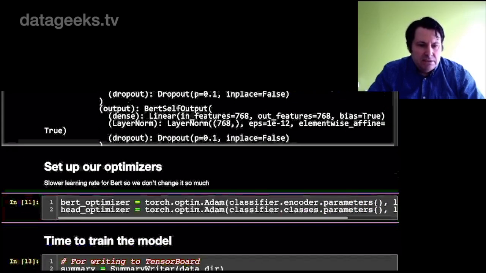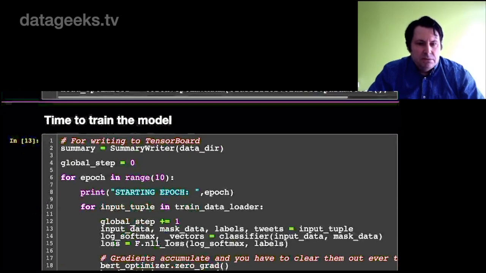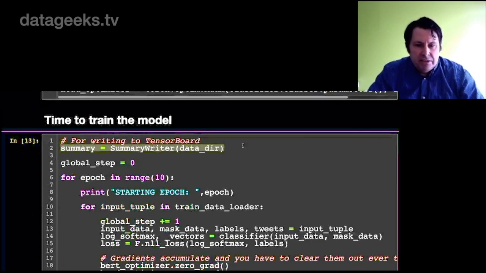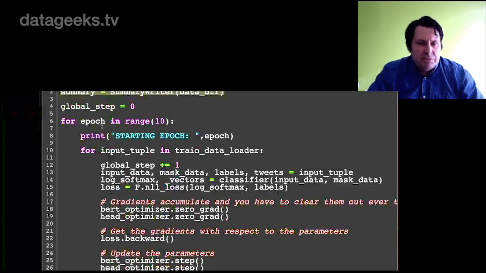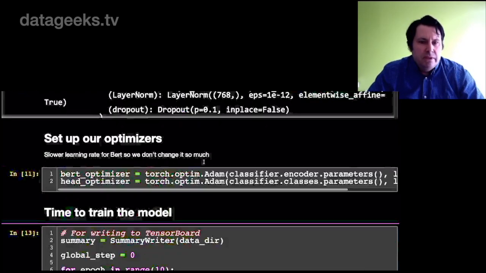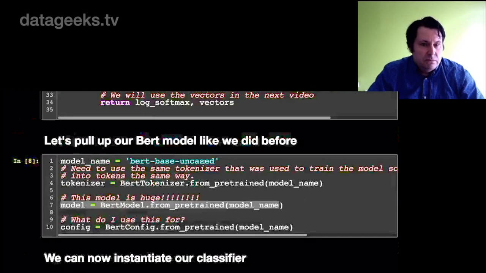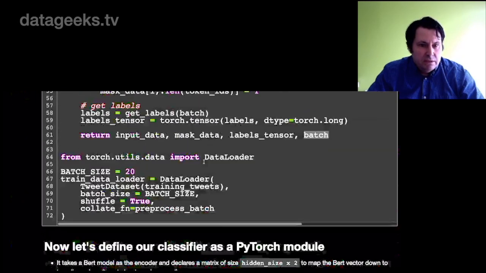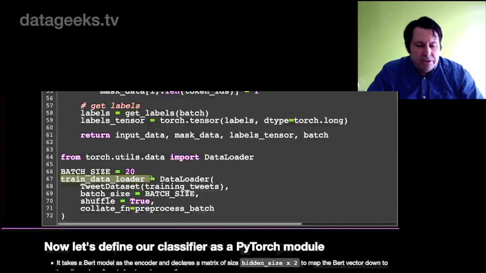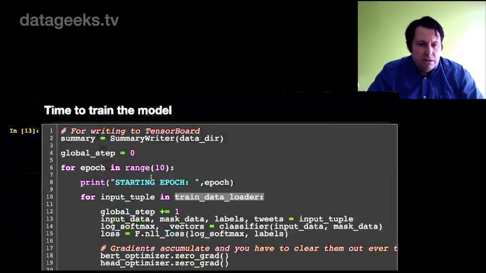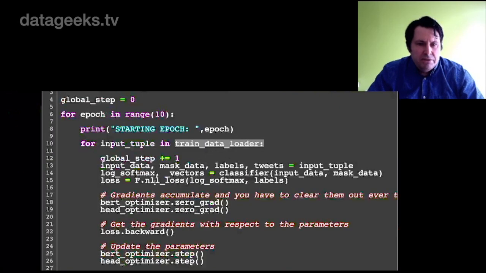Okay, that's all nice. So now we train our model. So we create our summary writer. Remember, that creates those nice graphs we're going to see later. And what we do now is we're just going to run it for epoch, and epoch is a pass through the whole data. And remember all that work we did before about setting up our trained data encoder? Well, that's all good because now here it is. This is very good because now all we can do is loop over it,